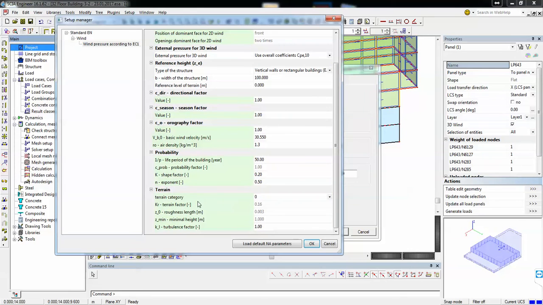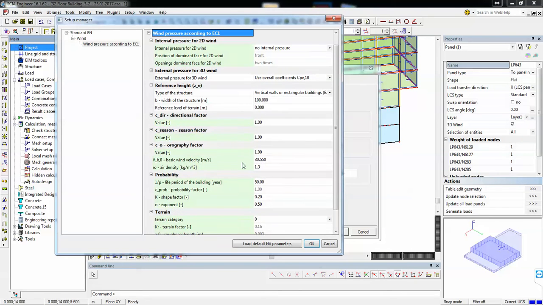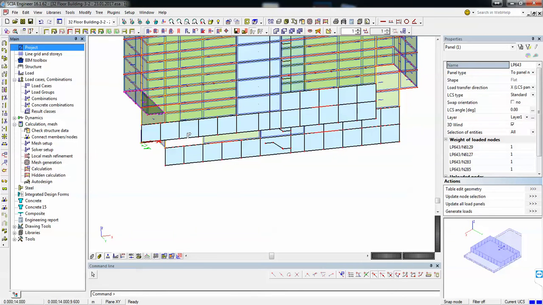So the moment you specify that the ground level is here, if this is the reference level of terrain, starting from this coordinate upwards, the wind will act. In your situation, the terrain is not at the same level, so we can only do a conservative approach and pick the lowest point where we have no ground, and we assume that the wind will act starting at that point. It will be conservative, so it will be on the safe side to do this approach.